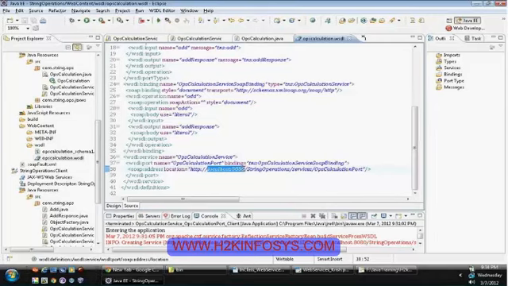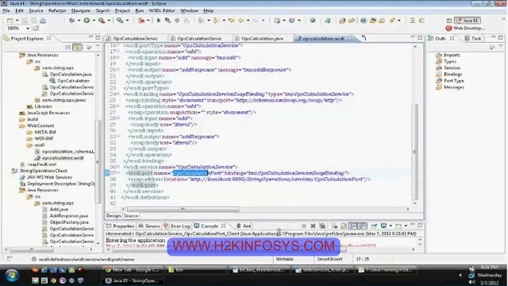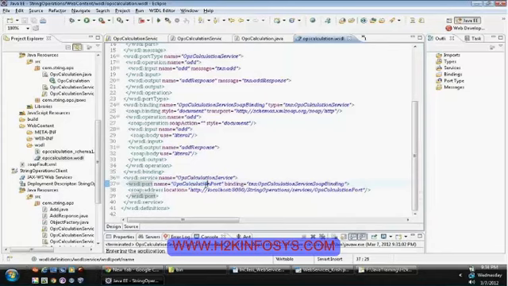Once you have established the communication to the port, come back here. Your port has access to the binding element. Go to your binding element.